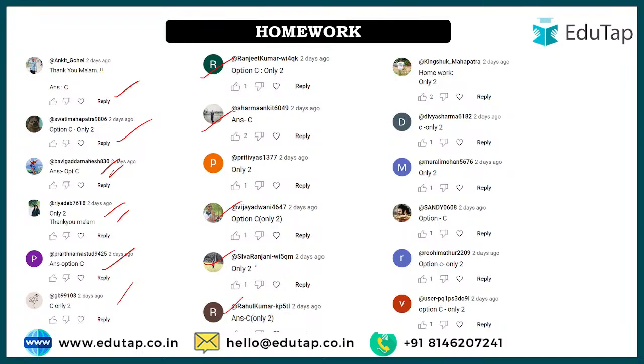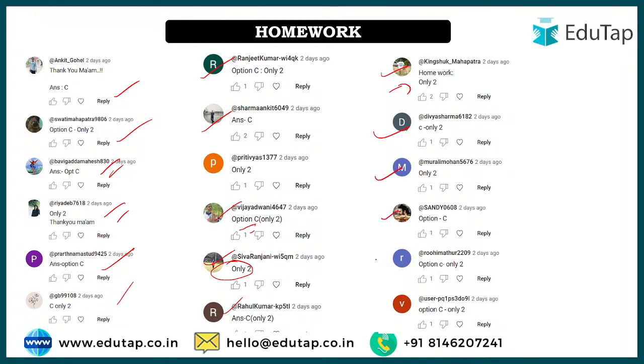Shiva, also please write the option, right? Because in the examination you would realize it might be option C or D, right? So that is why it would be better for your practice if you write the option number also. Then we have Kinshuk saying the right answer. And Kinshuk, please follow the same thing, right? Please write the option also. This will help you for the exam preparation. Divya said the right answer. Murali said the right answer. Please write the option number as well. And Riya also, please write the option number.